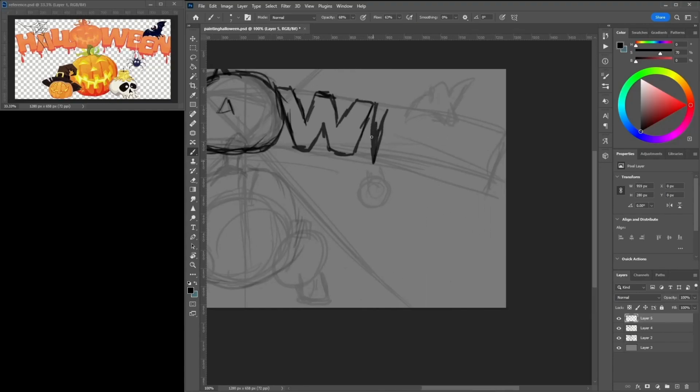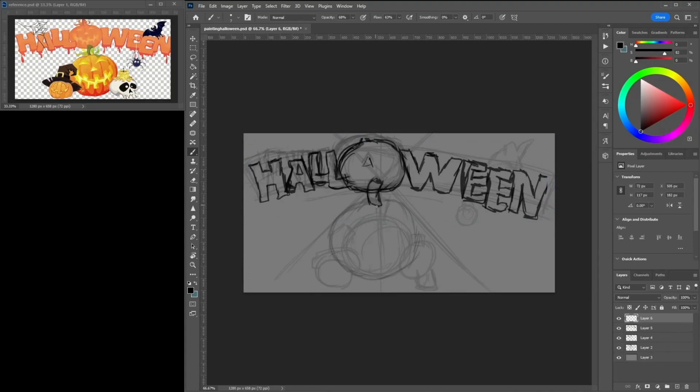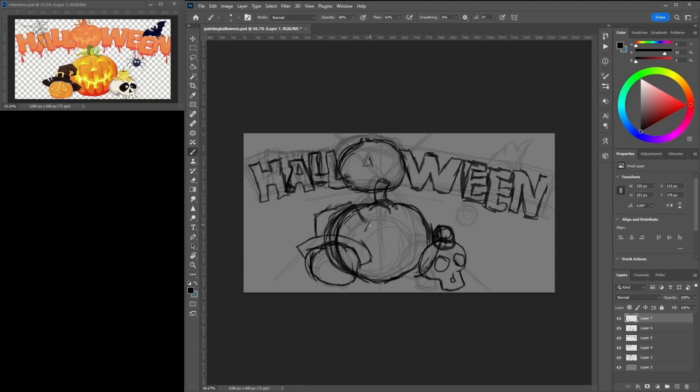Anywho, as we delve into this Halloween painting here, I start doing the text. And with this one, I really do try and keep each thing on its own layer. So, the word Halloween on its own layer, the pumpkin on its own layer, and each individual thing that,